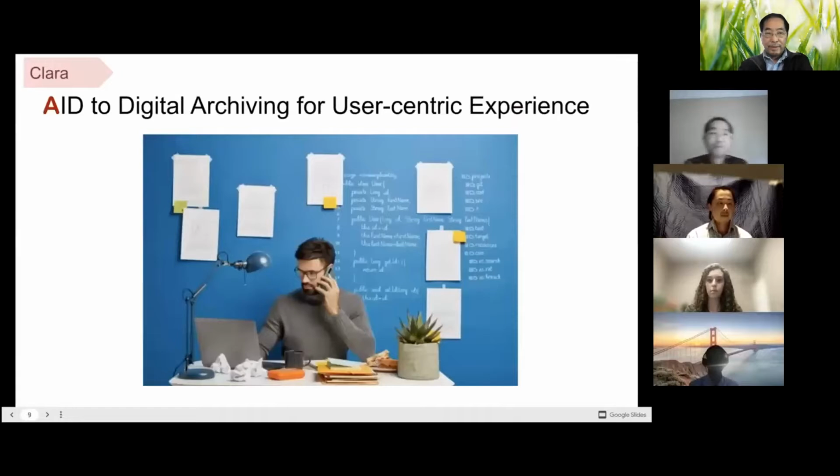Now, I'm going to ask Clara to share something about user-centric experience. Your turn, go ahead. Yeah, so another unique part of this platform is the emphasis on user-centric experiences through the